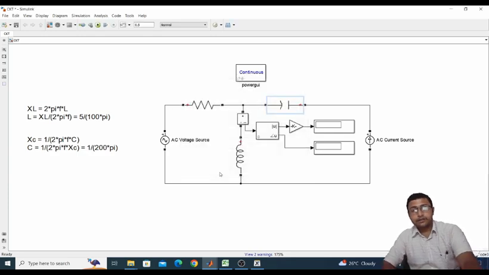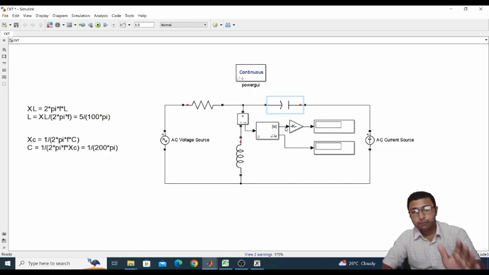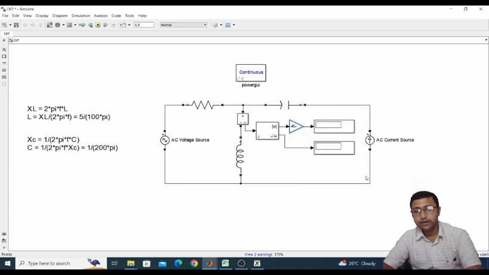Now the current flowing through this inductive reactance is the AC current, so it contains both the magnitude and the angle. From this measurement point, the peak current is showing, that is the peak amplitude. But in our calculation all the currents are in RMS. So from peak to RMS conversion, peak by root 2 is equal to RMS. Simply this is a gain factor of 1 by root 2 to convert the peak value into the RMS value, and from this point we can show the magnitude of the current. So now if I run the simulation,